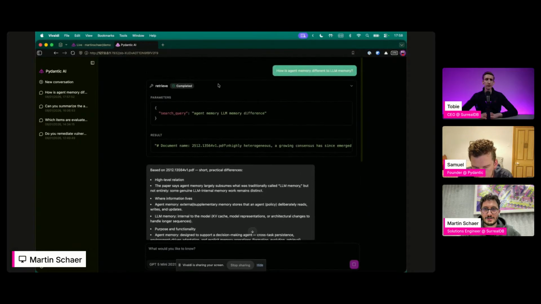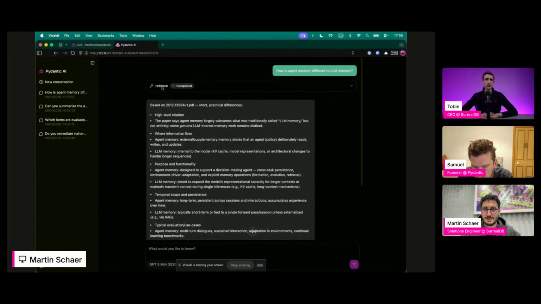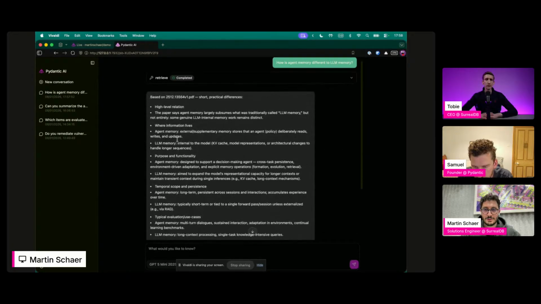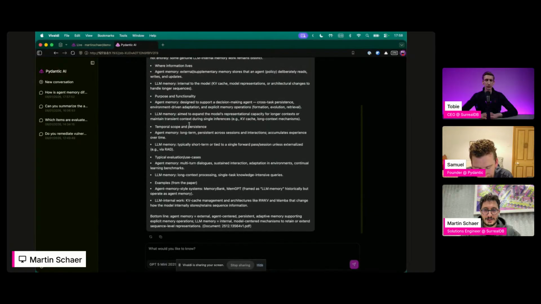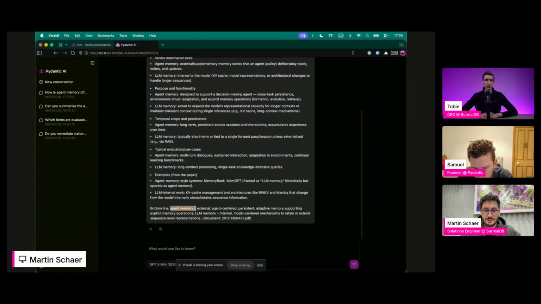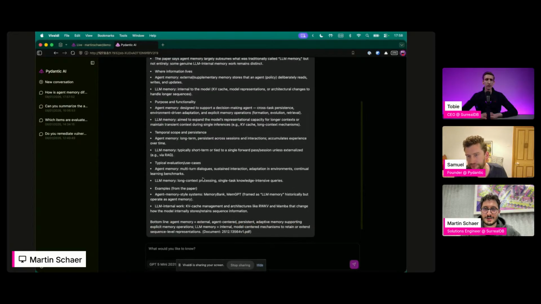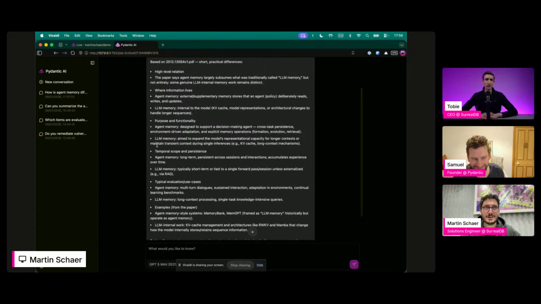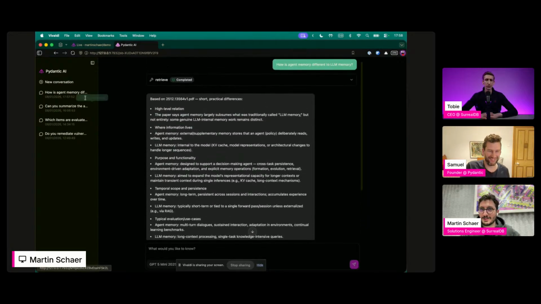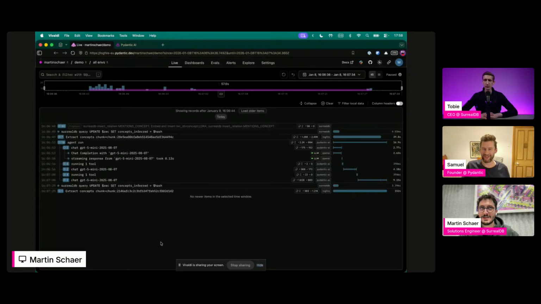Nice. I was able to do it in just one try, so it only had to call the retrieve tool once. It says agent memory, external agent center persisted. There it is. Very nice. People can agree, people can disagree with what LLM memory is. I think those words were invented very recently to have universal consensus.